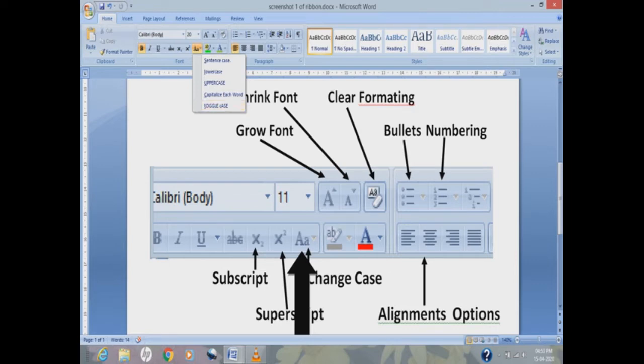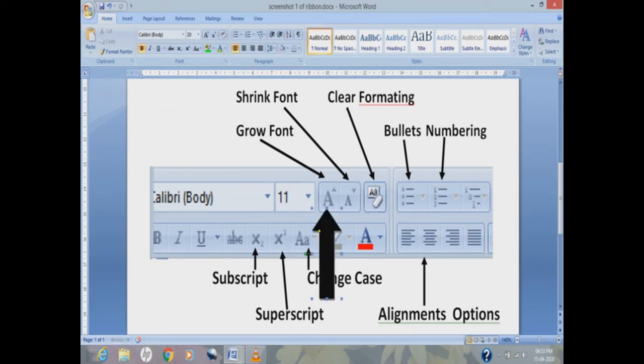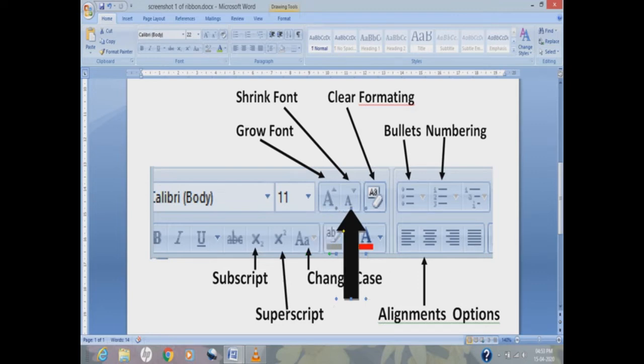After that, I talk about grow font option. Then I talk about shrink font option. I also talk about clear formatting options.